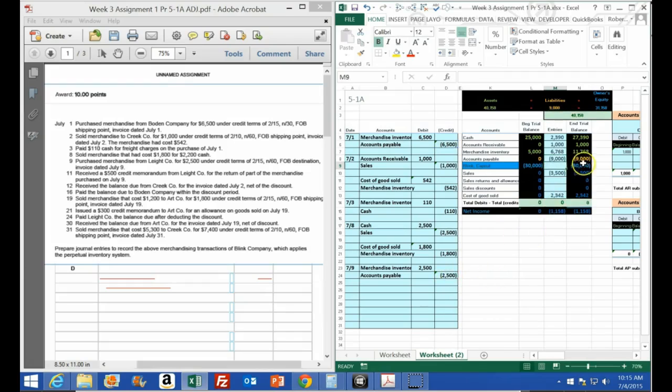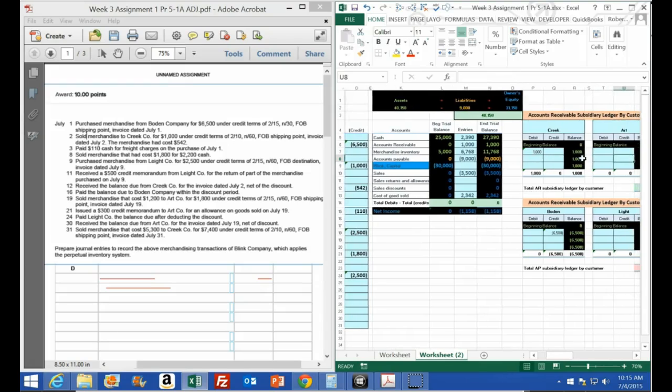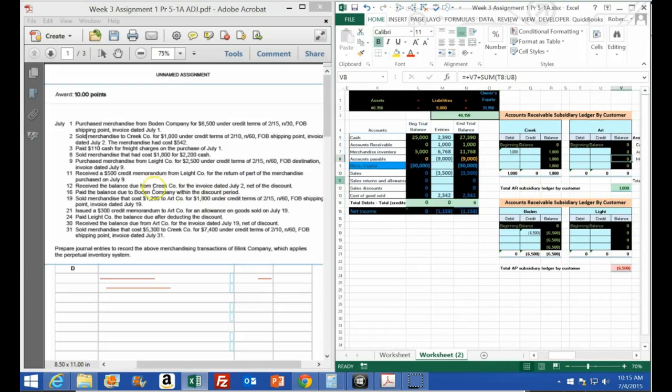Now once again, now we have 9,000 in accounts payable. The question is, who do we owe? Well, in this case, we owe this to Light. The second transaction is posted to Light. So I'm going to go over here in Light account. Notice we're off by that amount, the 6.5, and say that